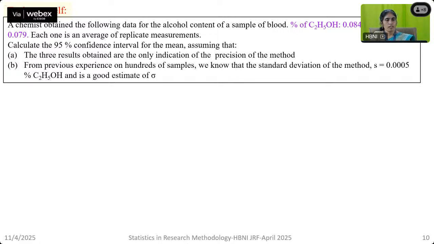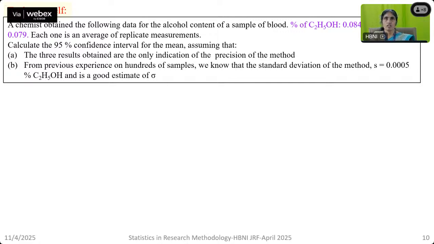A chemist has obtained data for the alcohol content of a sample. Around 3 data points are given. The 95% confidence interval for the mean has to be calculated. Here we will see that if we apply the t-test or if we apply the z statistic, what is the difference? In the first part of the question, for the determination of confidence interval at 95%, 3 results obtained are